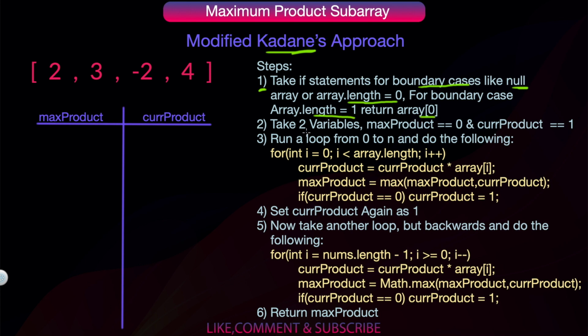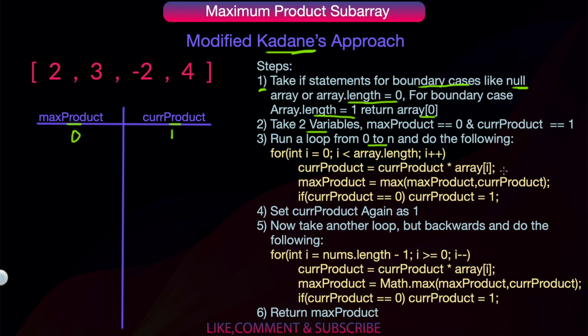Next step, we'll take two variables called max product and current product. We'll set them as 0 and 1 respectively. Now on our step 3, we'll run a loop from 0 to n, and we'll do the following.